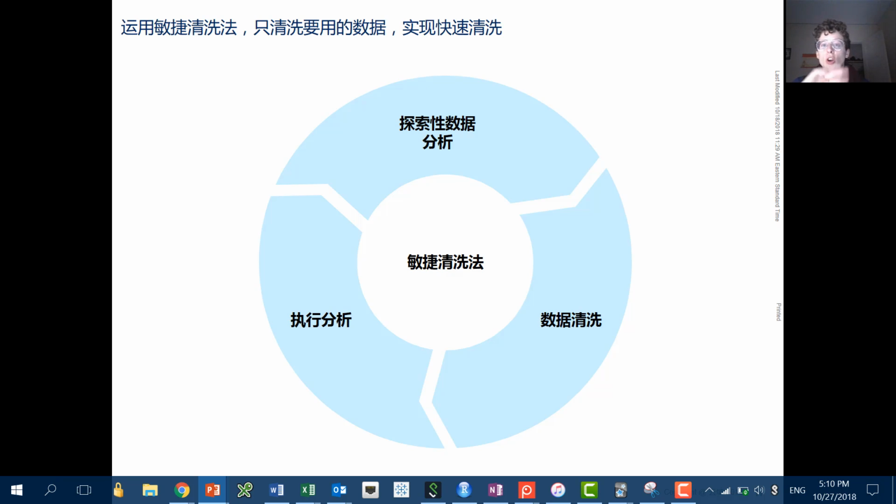So the 3 steps are: go through exploratory data analysis, then clean the data, then do an analysis. The EDA shows you what's weird with your data. Cleaning helps move it on, and then you can do an analysis. And the analysis is going to lead you to say, oh, I actually need this new data source, or that's weird, this doesn't seem right, let's go back and figure out what it is. So then you go back into the exploratory data analysis and say, okay, what's happening in my data? That's the agile approach to data cleaning.